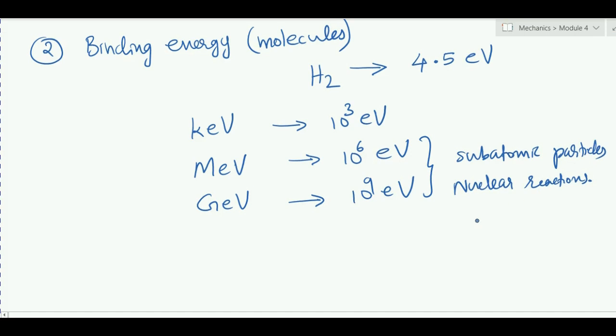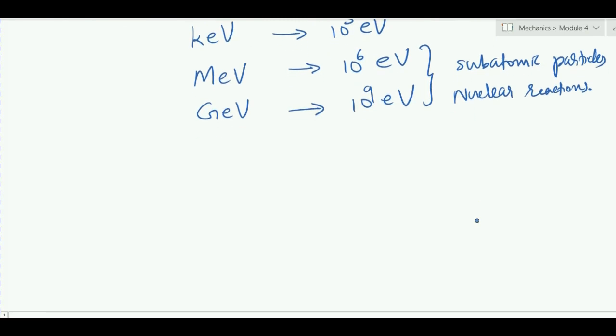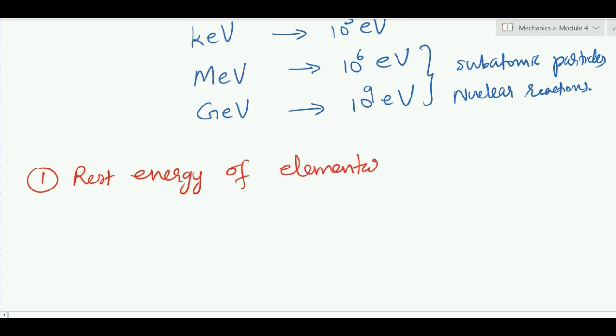Now, in the context of our discussion, let us see where we can use these units. Let's start with the first one, the rest energy of elementary particles. For example, the electron is an elementary particle. So if we take the electron,